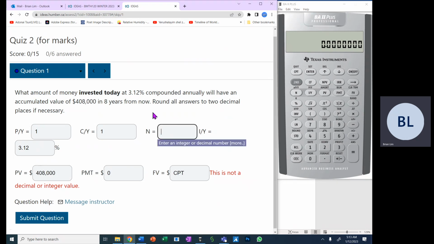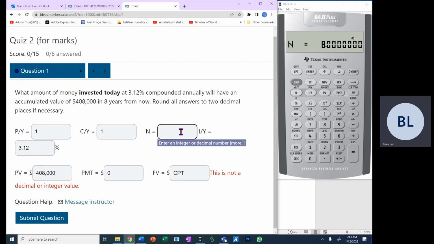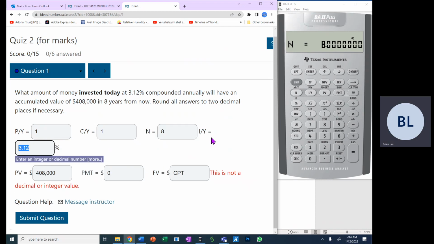So now we must get to N. Now N is dependent on the number of years. That number of years will be multiplied by this number right here, 8 times 1. So nothing significant, we will still remain 8. So 8 second N, and then multiplied 8 times 1, and then we have to click on N once more to enter the value of 8. Now we will input the IY value or the interest rate, which is 3.12,